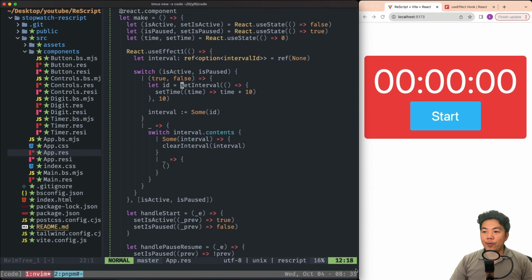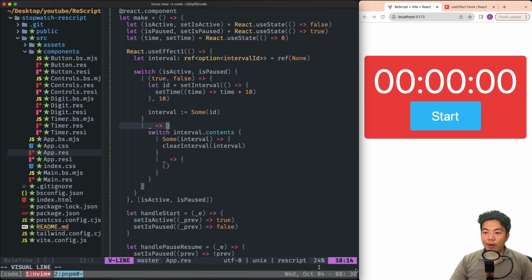Now, the setInterval function returns an interval ID, and we are going to wrap it in Some because the ref here has option type. And remember, with option type, you can only have None or Some. And we assign it to the ref using the syntax right here.